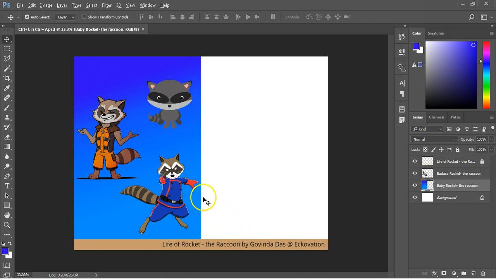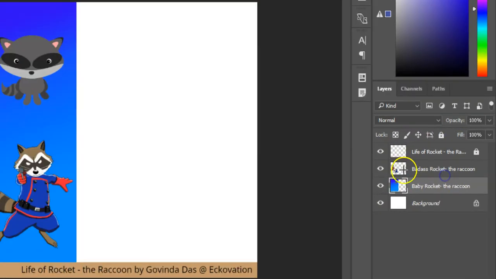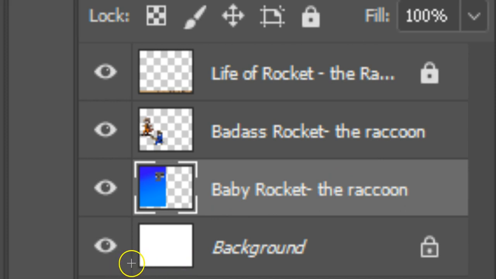Once the file is open, look and observe all that is there in the canvas and the layers panel. We have 4 layers visible in the layers panel and all toggled to visible in the canvas. The first layer is locked, so ignore it. The second layer is called Badass Rocket, which, when you look at the canvas area or the layer icon, is a transparent layer with 2 images of Rocket in his cool and badass accents.